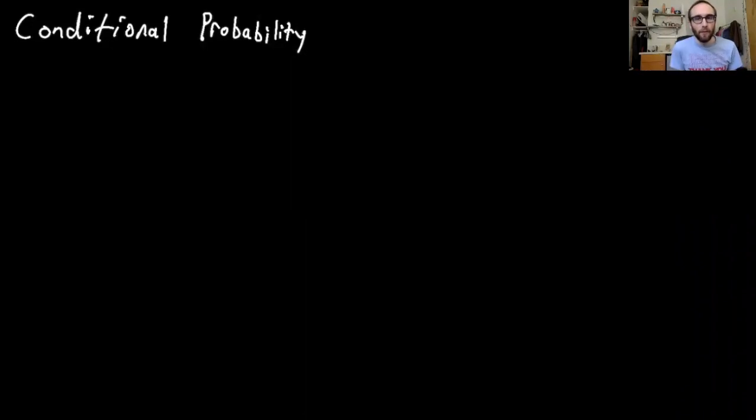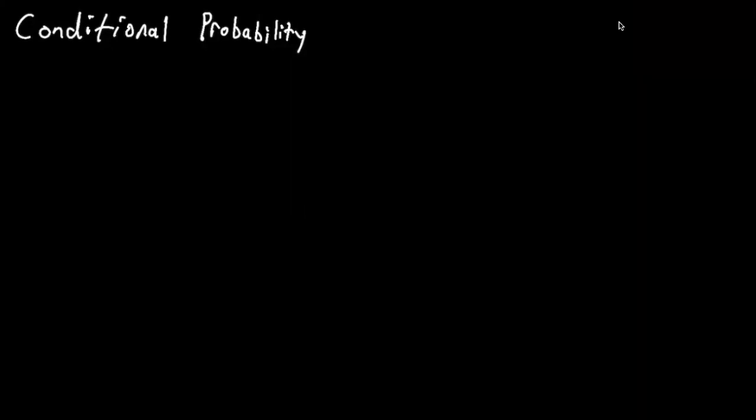Hello, everyone. Today we are going to start to learn about something called conditional probability, which is probability assuming that an event has already happened. We're going to start by looking at some tree diagrams, and then in our next video, we'll look at two-way tables. All right, so to start off, conditional probability is the probability